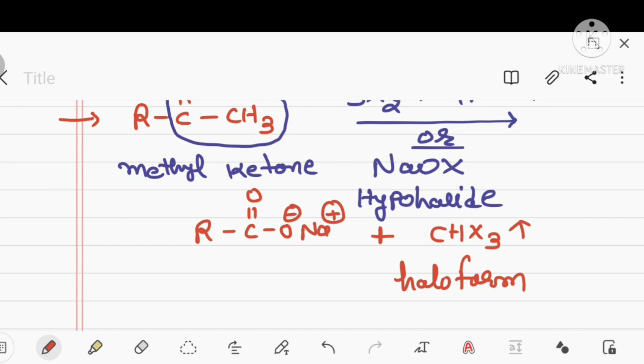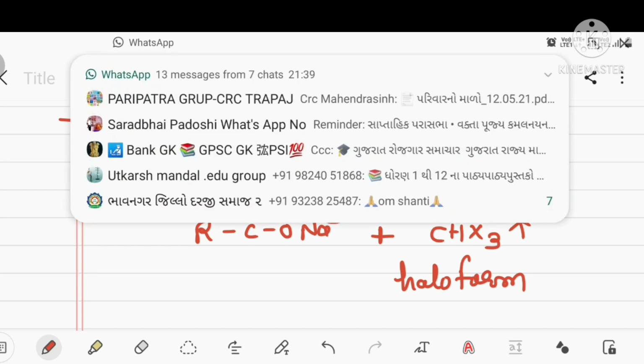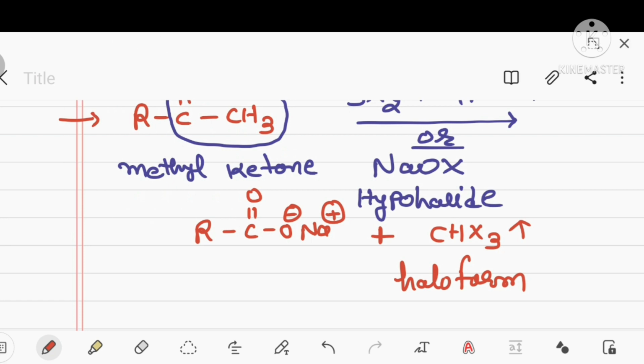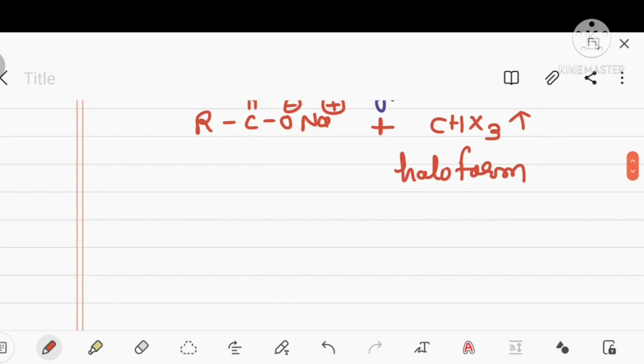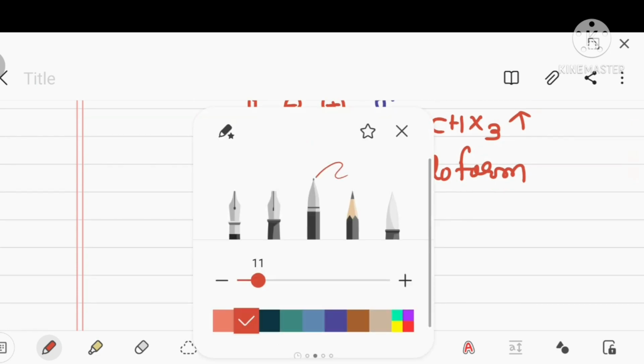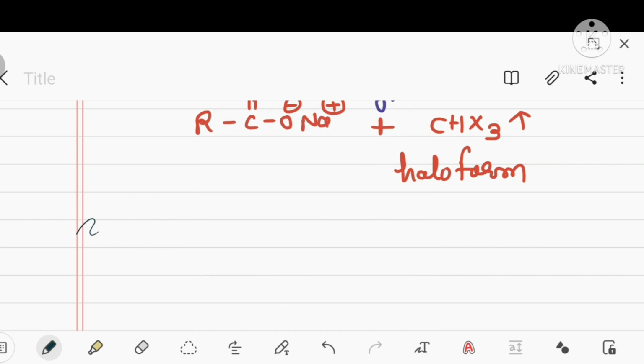We will also see another aspect of this mechanism and its application, and how it is asked in the ZEE and NEET examinations. Mainly you should remember that it is for the iodoform test. Now we are going to understand the most important part, the iodoform test, or its mechanism.